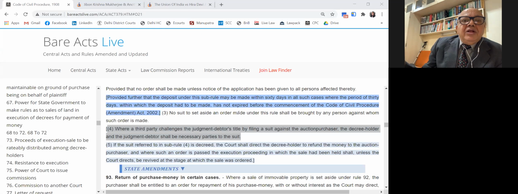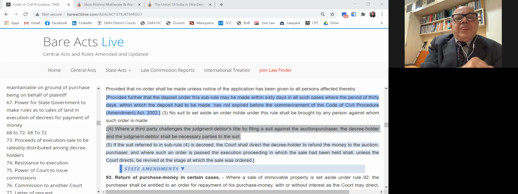Third party whose property has been erroneously or wrongly attached, who is not concerned, who is not a garnishee, who is not a trustee of the original defendant. So this is the only provision which permits filing of a suit. Otherwise, all questions are to be determined under the provisions of order